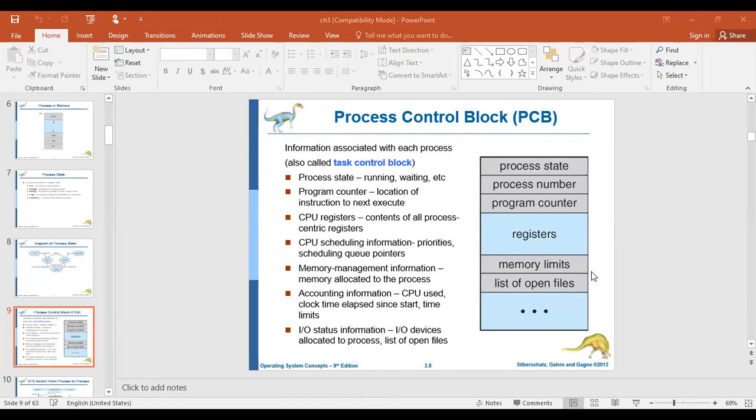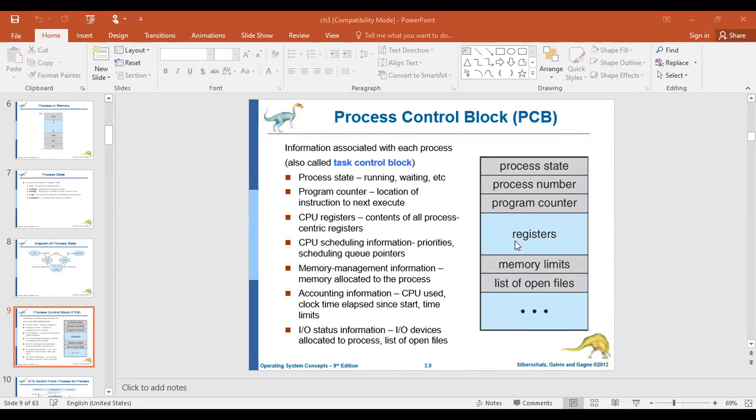So for processing all these things, it needs to utilize some of the CPU registers. For example, you might have heard about accumulator, temporary register, right? General purpose registers. Like that, we have different types of registers available, which are utilized by the CPU in the computation itself. Okay, so whatever registers are used and the contents of the process-centric registers are maintained in the registers, even for your memory, right?